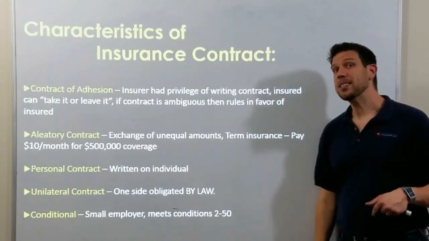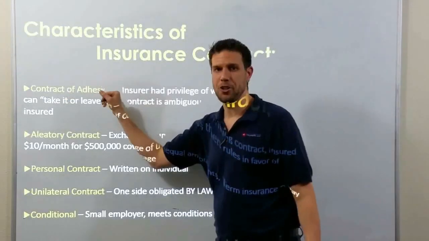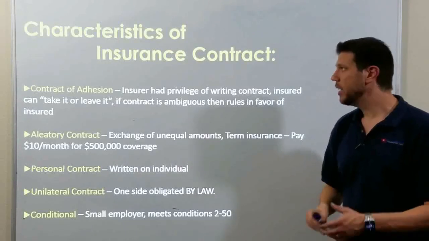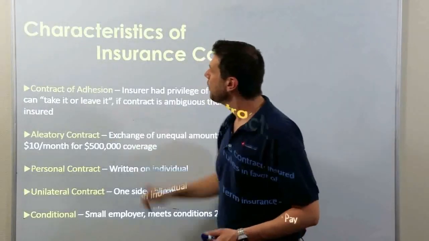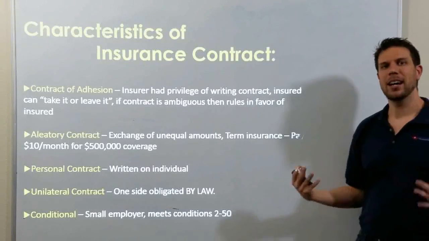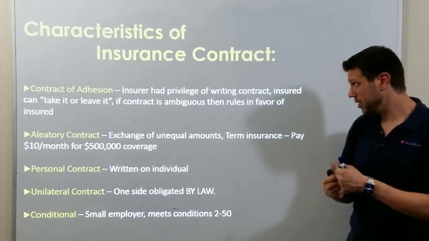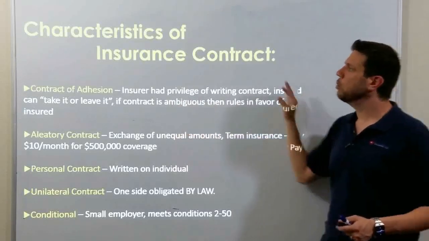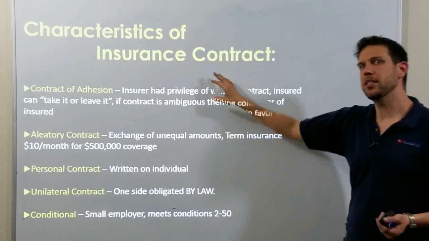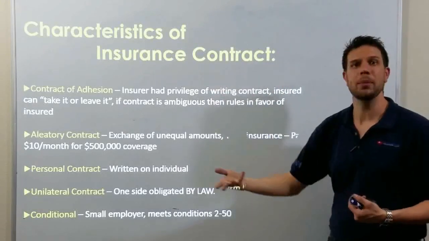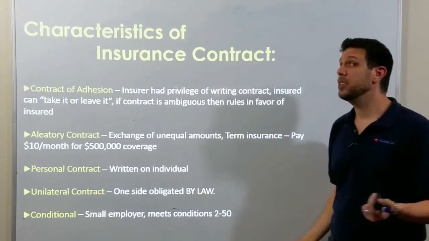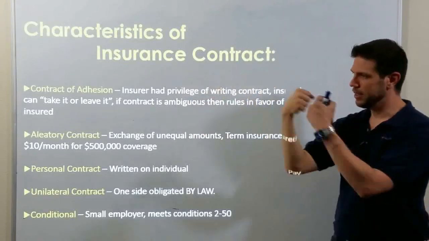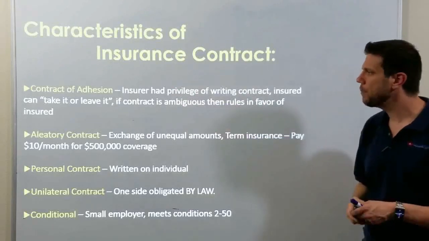That's because insurance contracts are contracts of adhesion. A contract of adhesion has no negotiation. It's known as take it or leave it. The easy way to remember that is it's kind of like glue. You can't change it. If a contract of adhesion has ambiguous statements, then we rule it in favor of the customer. So this is the reason why when you quote people, they'll say, can't you get it cheaper? And you'll have to say, no, I'm sorry, this is not a negotiation. The rates are set by the insurance company. Glue, it's adhesion, we can't change that.